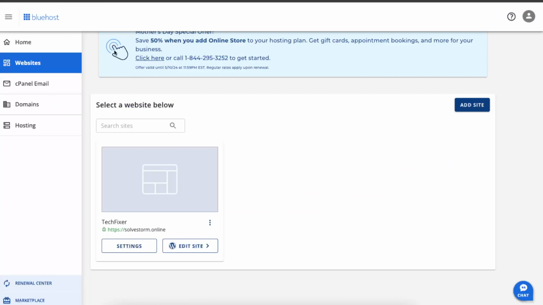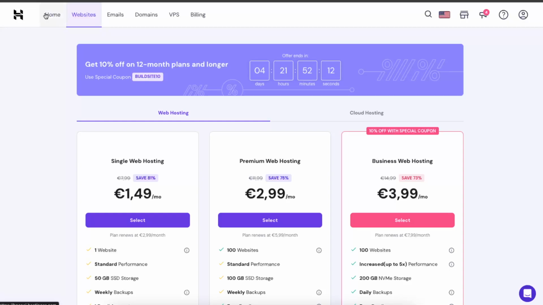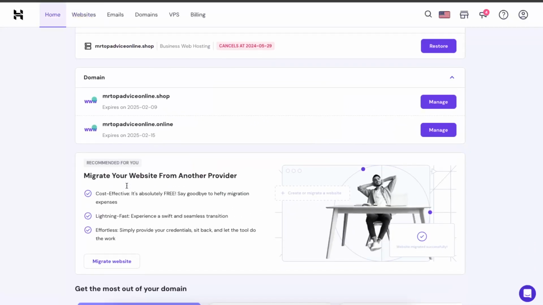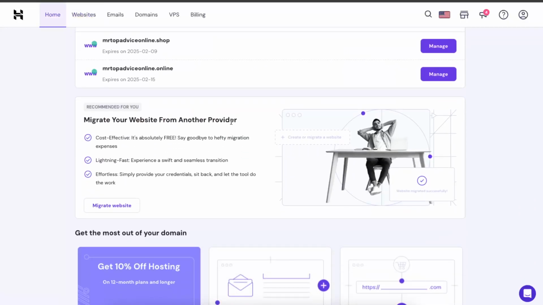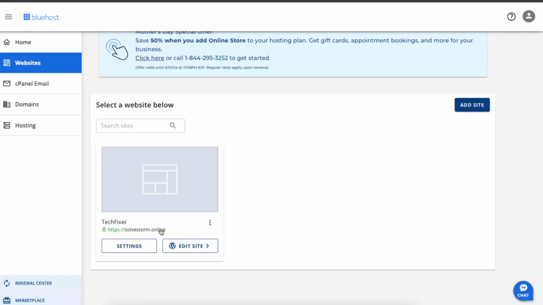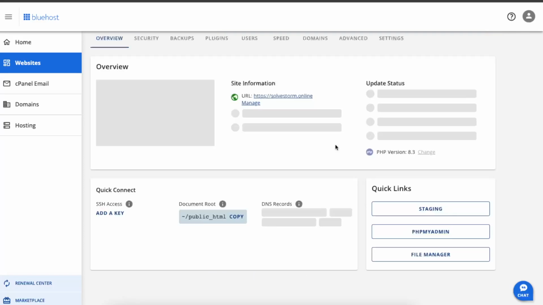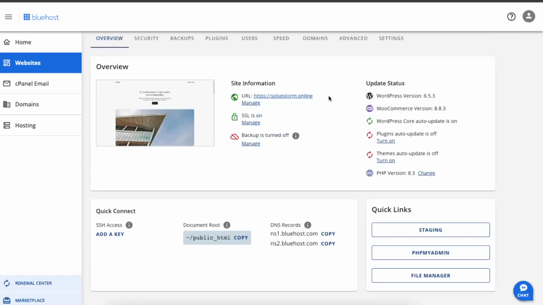So basically you're gonna go to Hostinger on homepage, and here it is. Migrate your website from another provider. So you just click here. Now you're gonna choose a domain which you want to migrate and copy the URL,